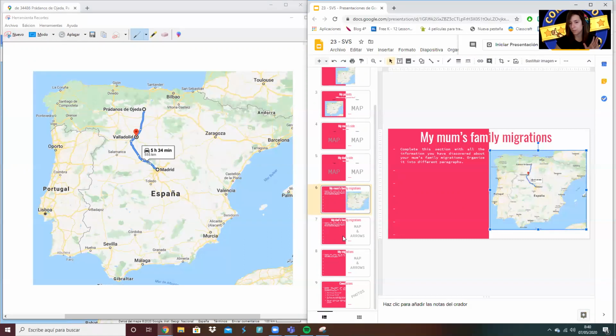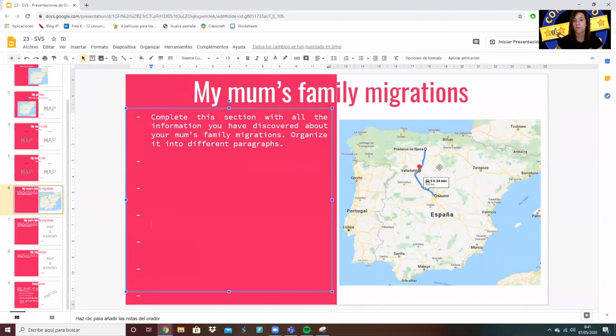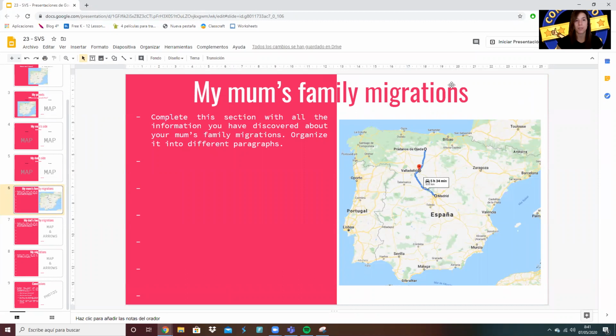Alternatively, what you can do, all right, is also include arrows. Okay, so I'm going to show you how to include arrows here in the presentation. If you want to include an arrow, because maybe this map can be a bit confusing, what you can do is come in here to this tool, Línea, and select the option of Mano Alzada. So I can specify here that my family first migrated to Madrid,